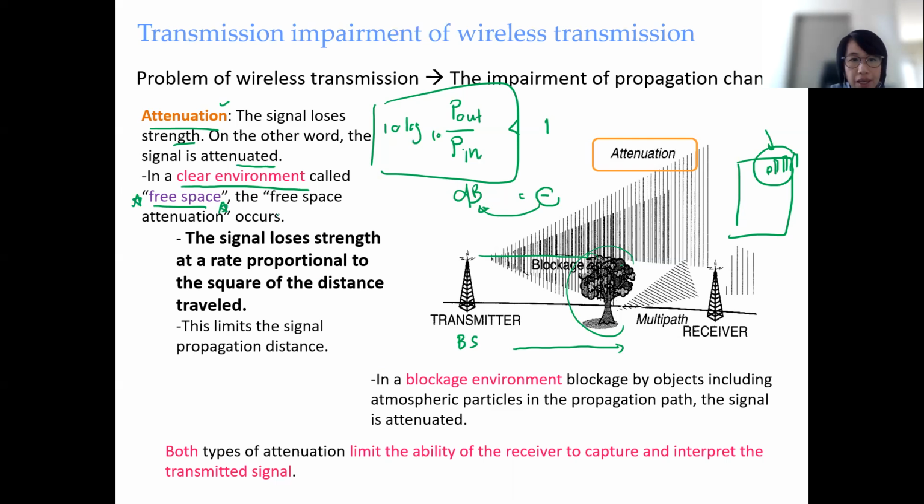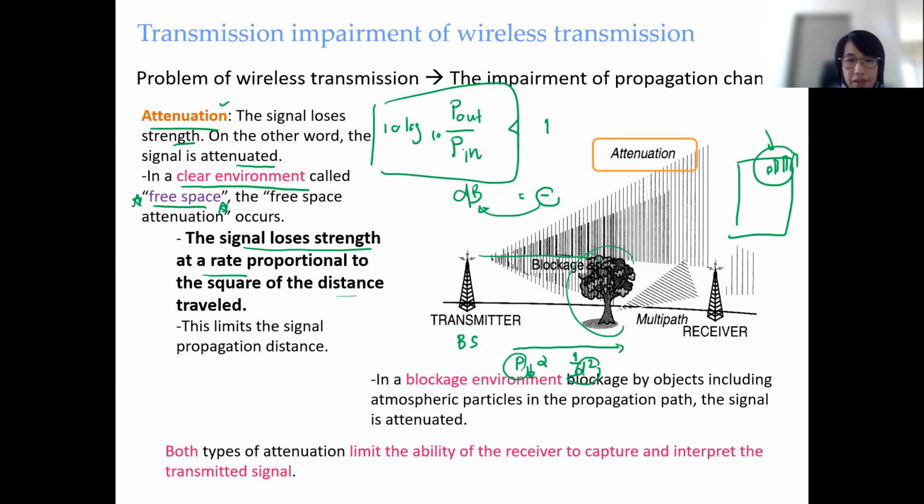Even in free space, the attenuation occurs. Like I mentioned, if you move apart from the transmitter or base station, of course, the power will decrease. The signal loses strength at a rate proportional to the square of the distance. What I mean is that when you move out, the power will decrease with this ratio. So if you move just a little bit, the power decreases a lot, at this rate, the square